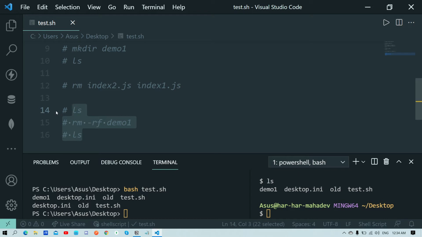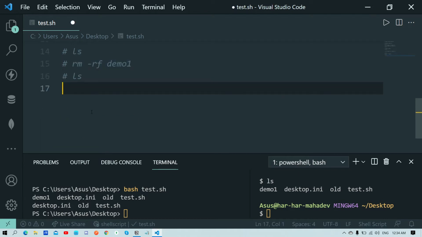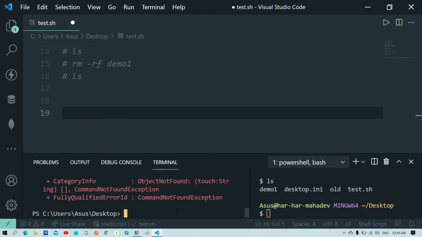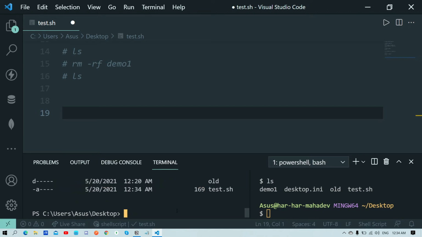So cat is also a good command. If you want to write something, and you are working on Windows and somehow the touch command is not working inside your system, and in ls you can't find it, but the touch command will always work on Linux.